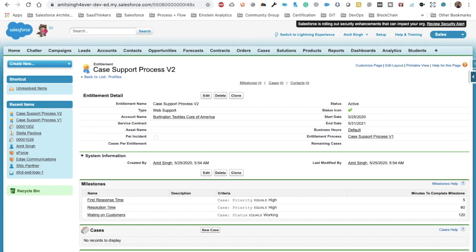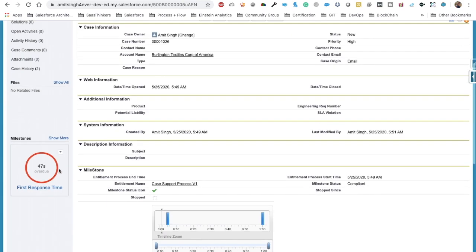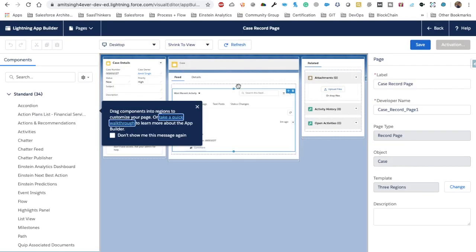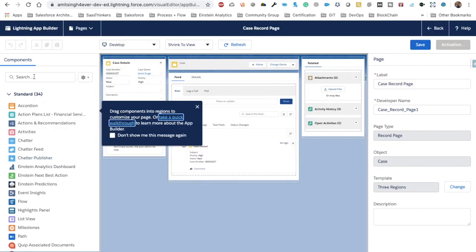And if we open the same case that we just created into the classic view, we should be able to see, you can see here that it is saying it is overdue by 53 seconds. And after 1 minute we will see a field update if we have associated one with that. Otherwise I have already got an email saying that your milestone is approaching. So here, did we add it? No.